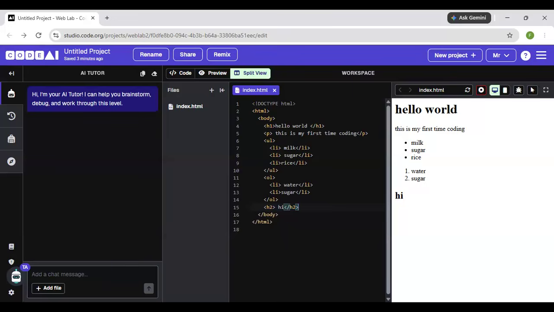Then you used an unordered list to list out milk, sugar, and rice, and an ordered list to list out water and sugar. Then you had a second heading, H2. Okay, that's good. Seems like you understand this one.